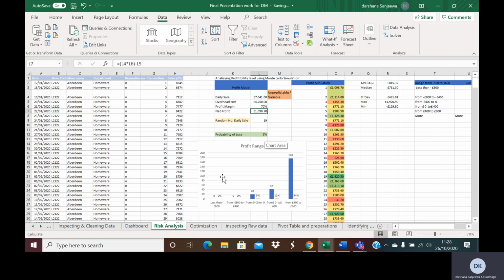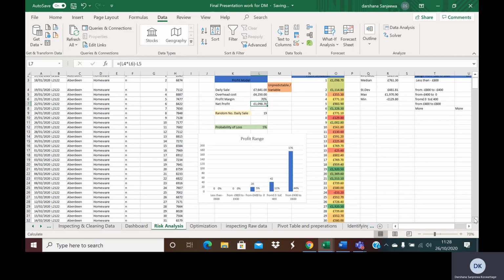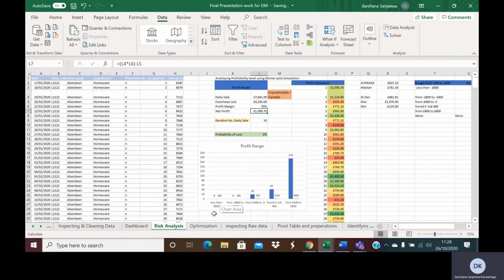So it clearly visualizes here that you have a 44% chance of making the business profit from 400 to 800, 176 chances, and 44% out of the 400. So making profit from 0 to 400, you have 42 chances and 11%. Basically, this is the analyze part in my presentation. Then let me go to the